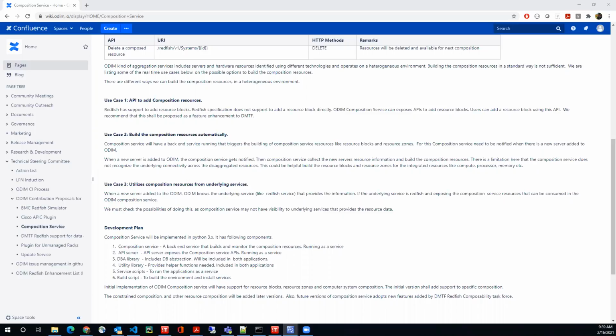But when a server is added that does compute, like CPU, processor, memory, everything, in that case we just need to define one resource block, right? Yeah, exactly. Computer system resource block. Then if there is any fabric or storage, we are going to combine those storage and fabric resources into a zone,